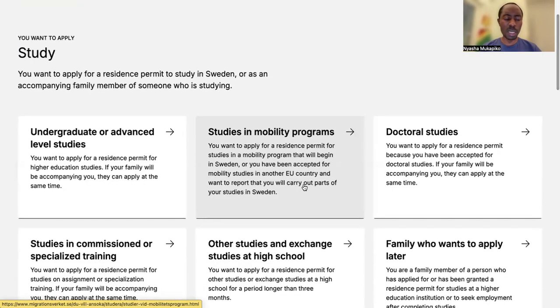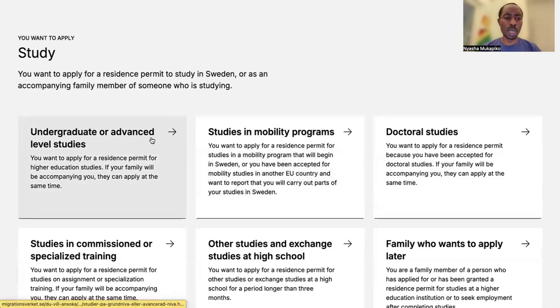And once you have clicked here, it will direct you to this dashboard where it says you want to apply for a residence permit to study in Sweden or as an accompanying family member of someone who is studying. So you see this option, undergraduate or advanced level studies. So you click under this option for undergrad and also advanced studies.